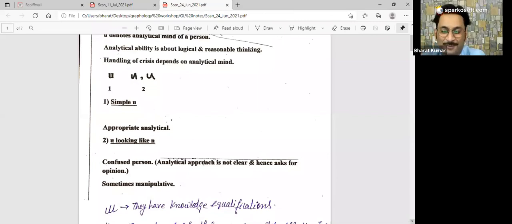Okay, Rashmita, you agree. So actually the problem is that their analytical approach is not clear. It is not clear what to analyze. This is the problem with these people. So whenever you have this kind of nature, work on this U and try to keep the first kind of U. Generally, they look for many opinions before analyzing anything. If these people are working in a lab, in place of taking a decision, they will ask many people for their opinion.